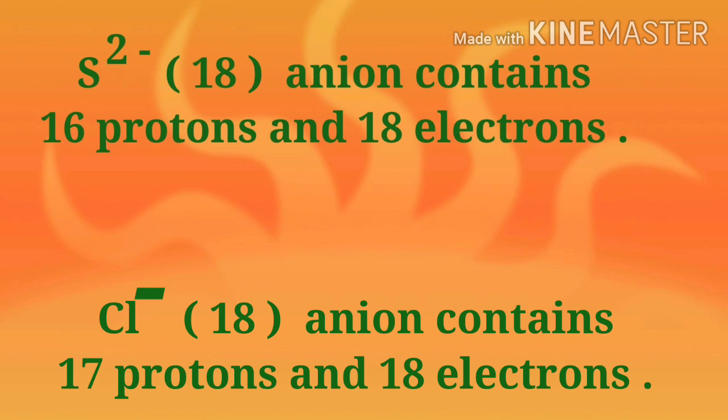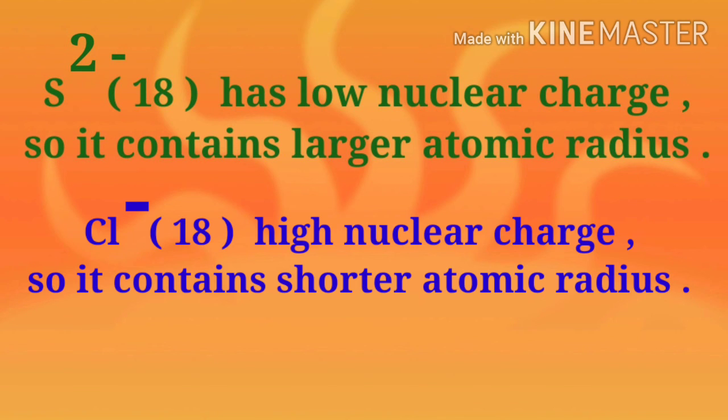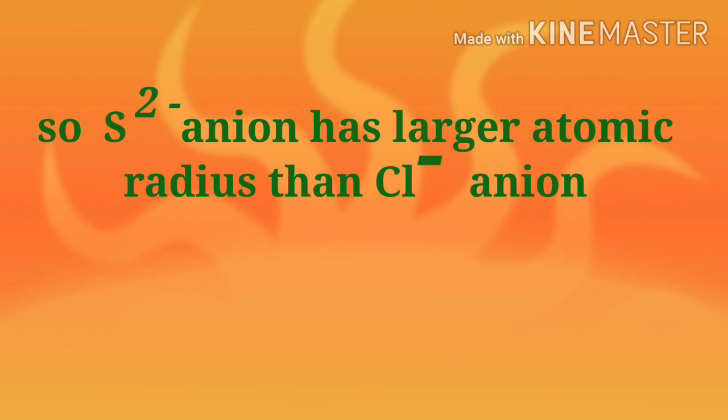Chlorine anion contains 17 protons and 18 electrons. Sulfur anion has low nuclear charge, so it has a larger atomic radius. Chlorine anion has high nuclear charge, so it has a shorter atomic radius. So sulfur anion has a larger atomic radius than chlorine